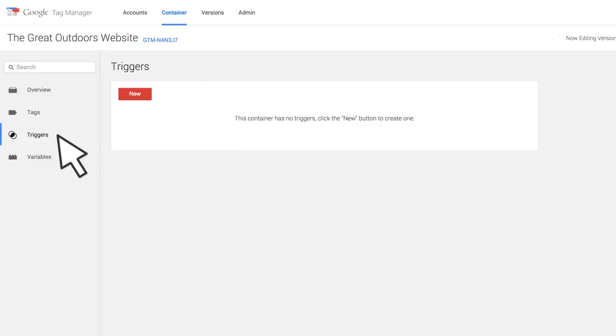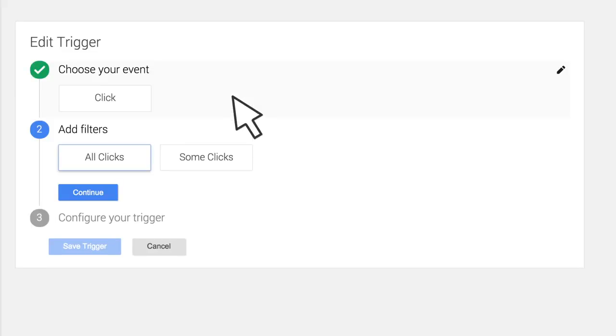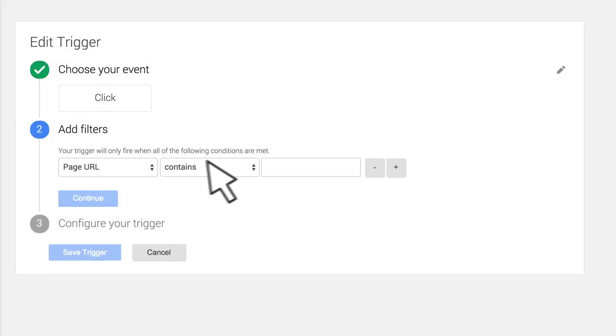Click Triggers, then New, and select Click as the trigger event. Since we want the trigger to fire only when a specific button is clicked, select Some Clicks as the trigger filter. Add a URL-based filter to tell Tag Manager to only listen for clicks on product pages. Assuming all product pages are in a Product subfolder of your site, we can set up the filter as URL contains